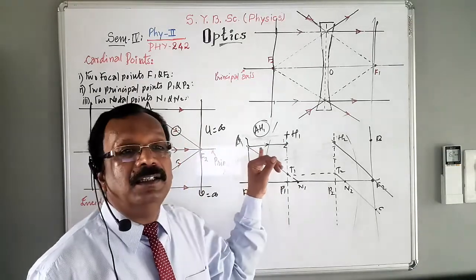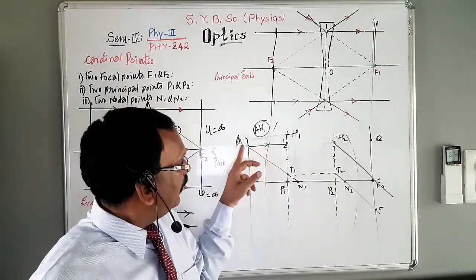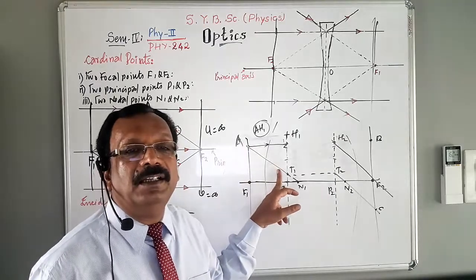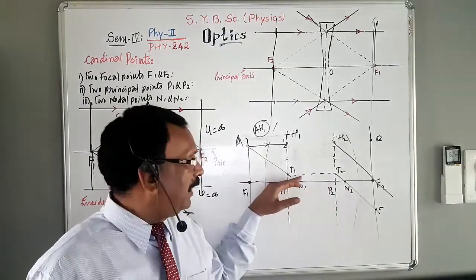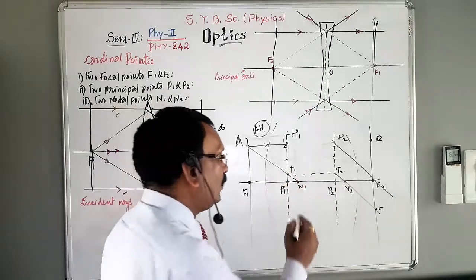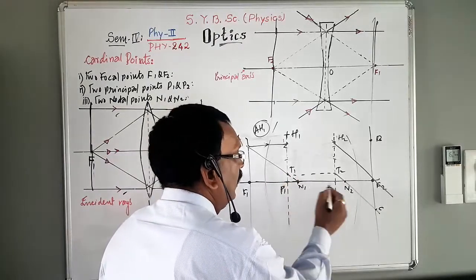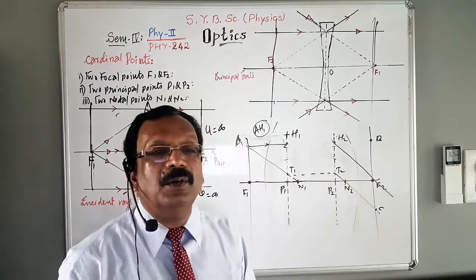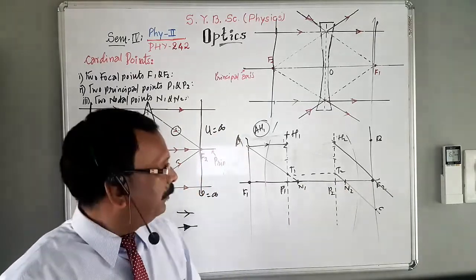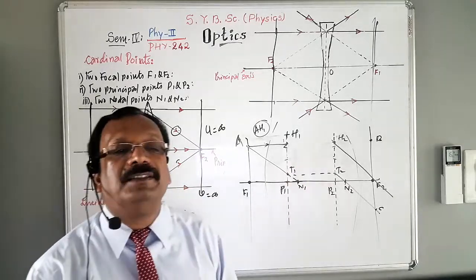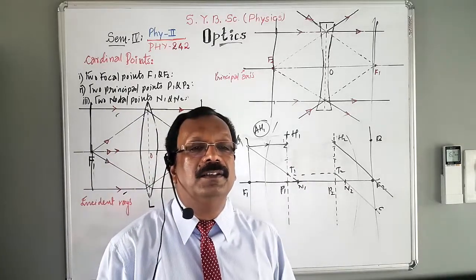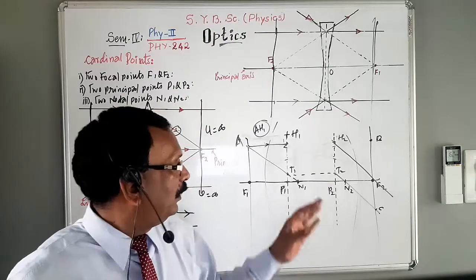The points of intersection of the incident ray AT1, this is the incident ray, and its conjugate T2 C with the principal axis are called nodal points. This is the intersection and this is the intersection. These are the nodal points. And the planes passing through these nodal points and perpendicular to the principal axis are called nodal planes. So N1 and N2 are two